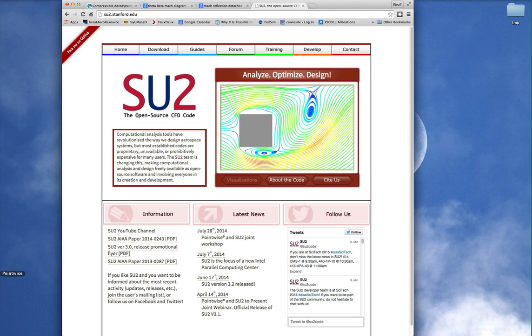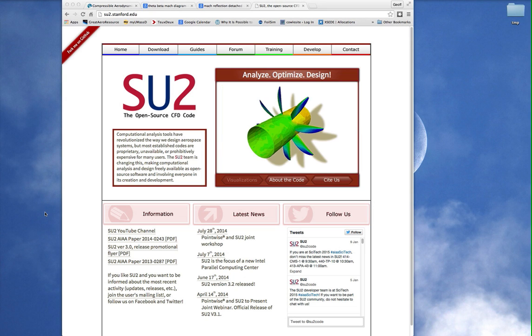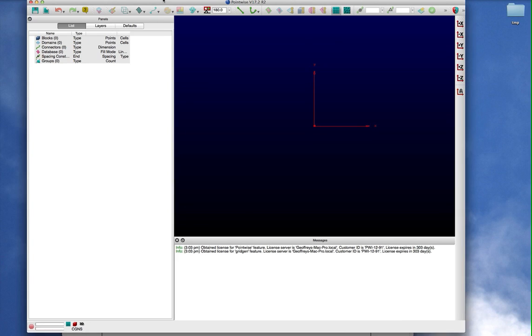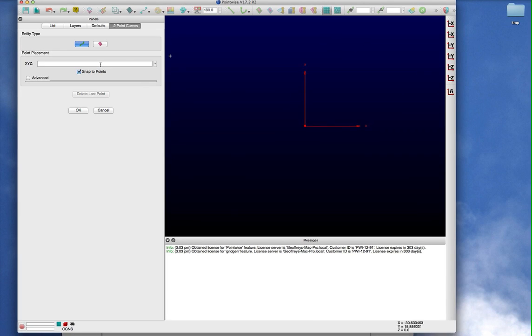We'll build a grid with Pointwise, so let me start this. What we're going to do is just build a very simple mesh. So we'll start with the inflow, and then the beginning of the wedge. We'll put it at 0, 0. The top of the wedge we'll put at 0.5, 0, and then we'll go all the way back to 6, and then